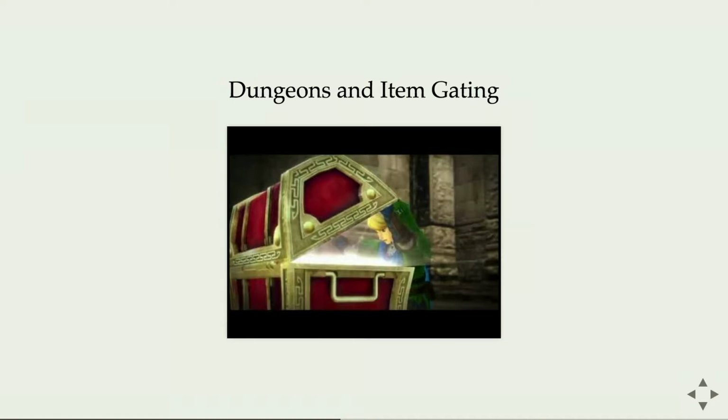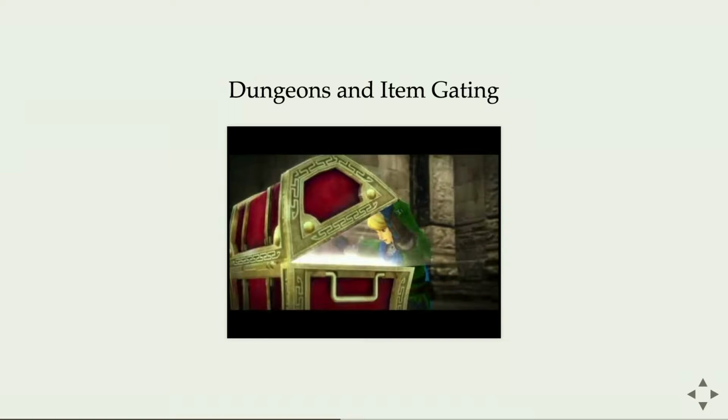And a common thing that became a thing that happened in all of the dungeons in these Zelda games in this era is that there's a key item, not actually a key, but a key item that you get part of the way through the dungeon. It's specific to that dungeon, and then once you get this item, like say a boomerang or the hook shot or bombs or something like that,